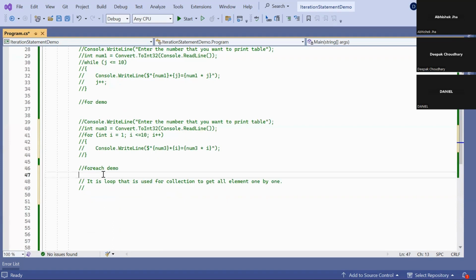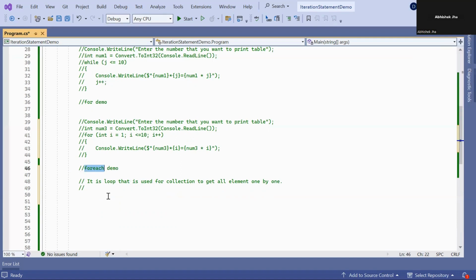But if you use for each, it will only be used to get data from any kind of collection. For instance, if you have a collection of student names in the form of an array, a linked list, a stack, or any kind of collection in programming languages. The collection is a collection of data. Array is a similar kind of data. So if you have that kind of collection in your program, to get that data, you will use